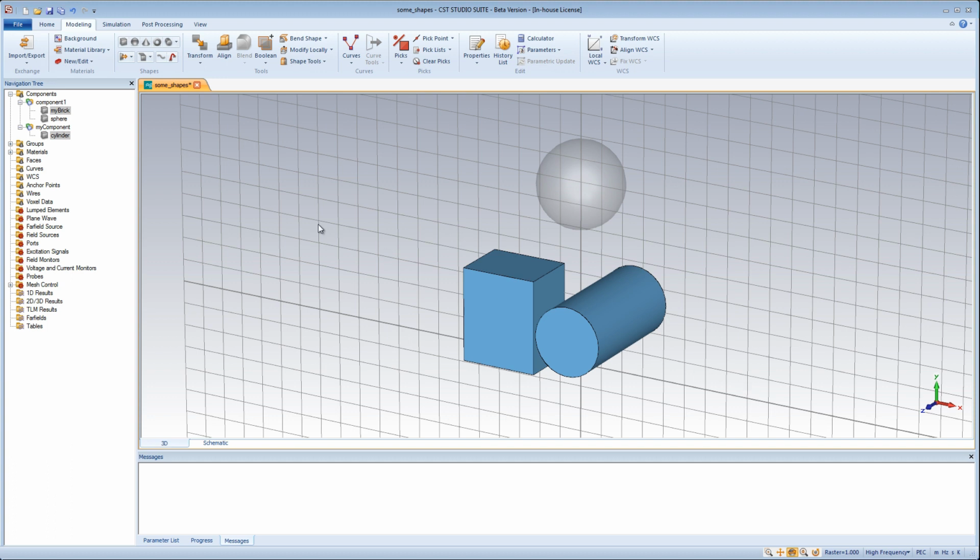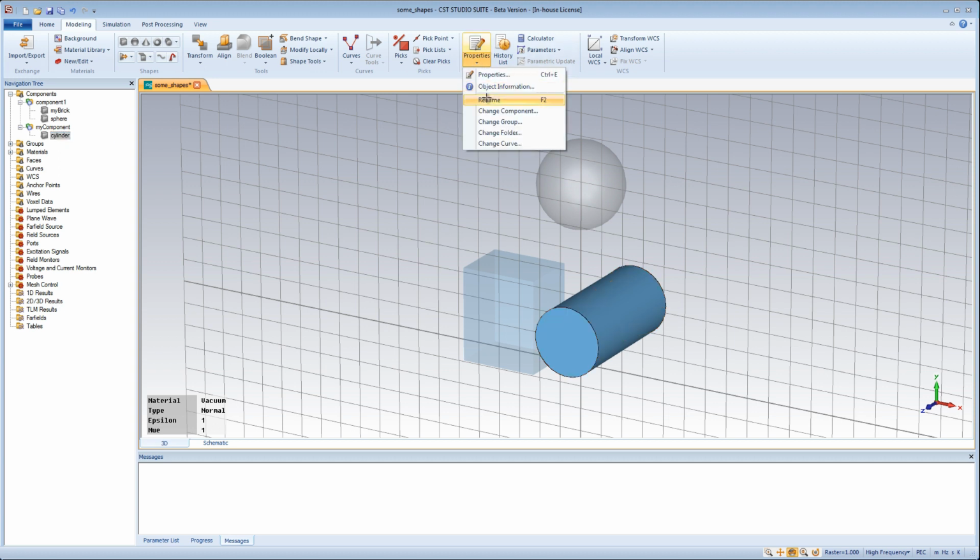You may change the name of a shape by selecting it and choosing Edit, Properties, Rename, or press F2. You can then change the name of the shape by editing the item text in the navigation tree. Now that we have discussed how to select an object, we should spend some time on the grouping of shapes